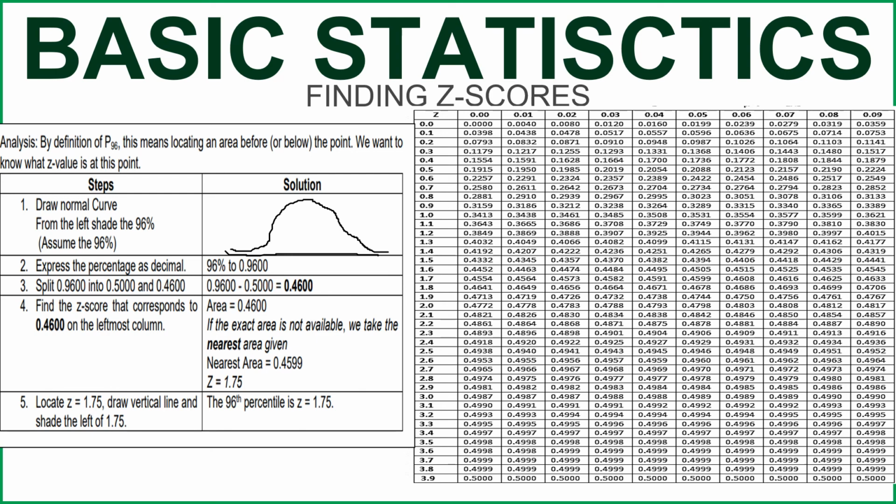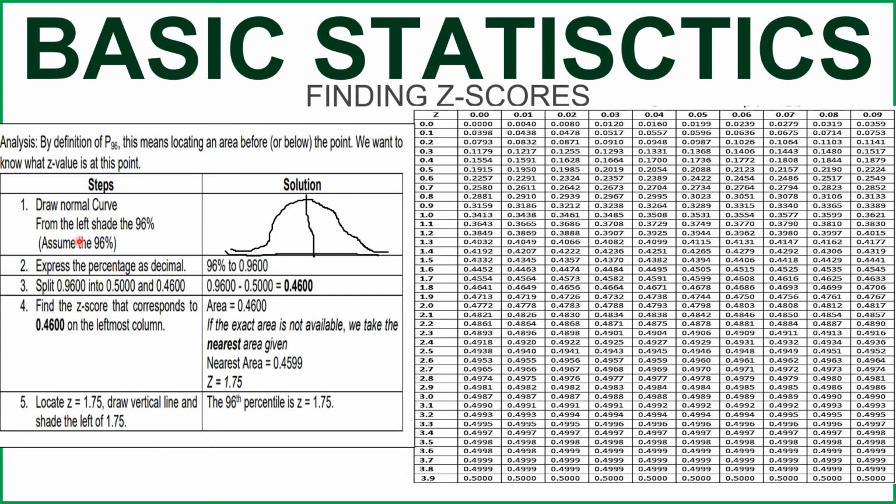And, assume na rin natin na symmetrical siya dito. Medyo hindi lang pantay yung pagkakadrawing ko, pero if gagamit naman kayo ng ruler, magpapantay naman yan. Okay. So, assume that this is a perfect